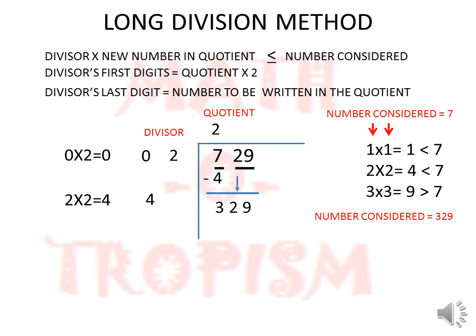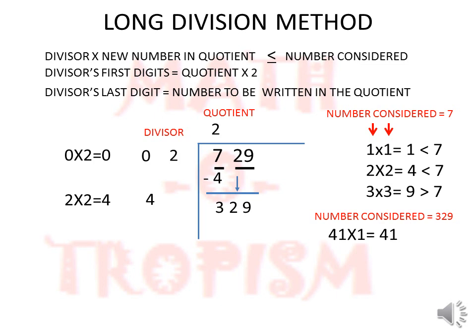Now we go to the next rule: divisor's last digit is equal to the new number in the quotient. So we now need to put a number next to 4, and also the same number in the quotient, in such a way that 40 plus that number, into that number in the quotient, satisfies the rule. For example, if I take 41, I also put 1 in the quotient. So 41 into 1 is 41. Like that we should do.